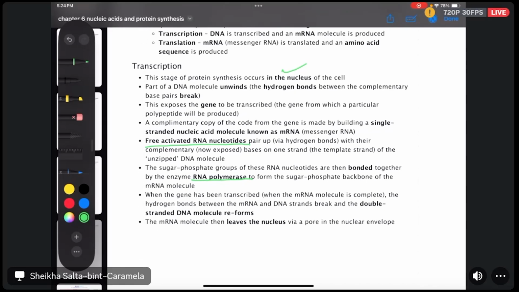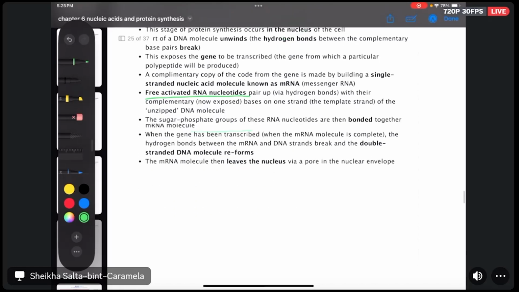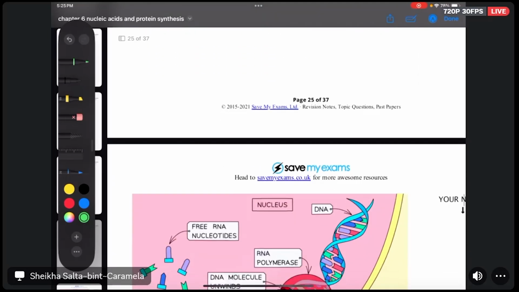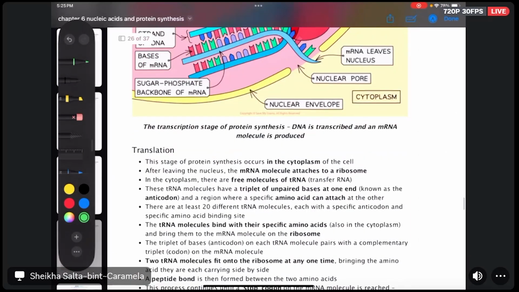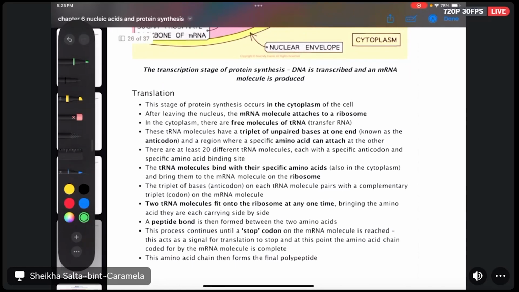The mRNA is synthesized until a stop codon is reached, and once that's reached, the mRNA just breaks off. Then once again the double-stranded DNA molecule reforms, when the hydrogen bonds form between the DNA bases. Then the mRNA will leave the nucleus. Once it exits the nucleus through the nuclear pore, the mRNA will attach